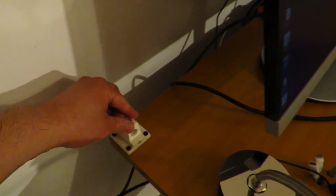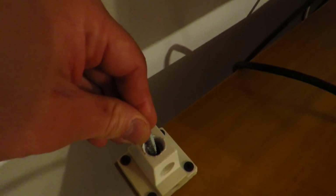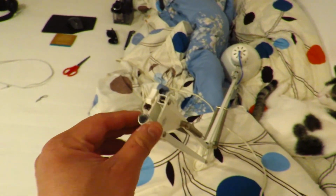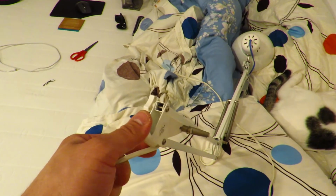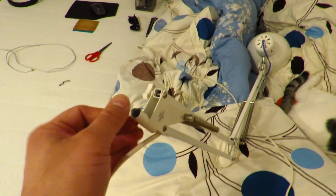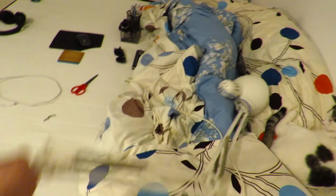IKEA lamp too. If you look closely, there's a piece of metal stuck in there. I think I'm gonna have to maybe cut one of those rods I used for the tree stand. Cut a short piece and put in there. Anyway, that's a